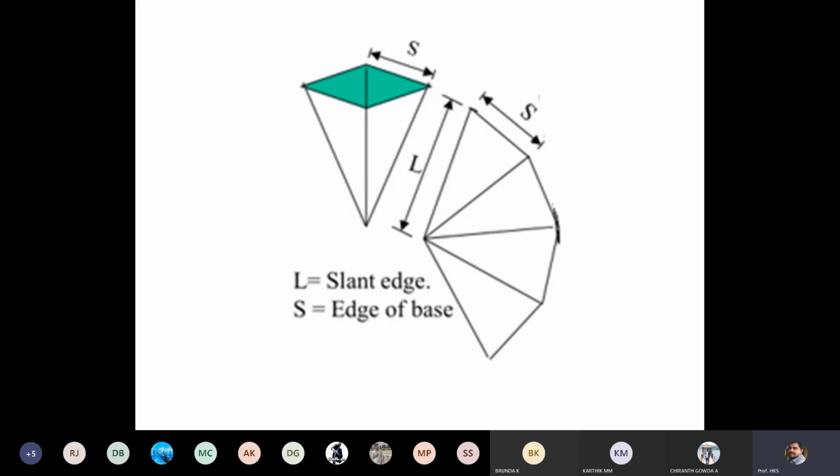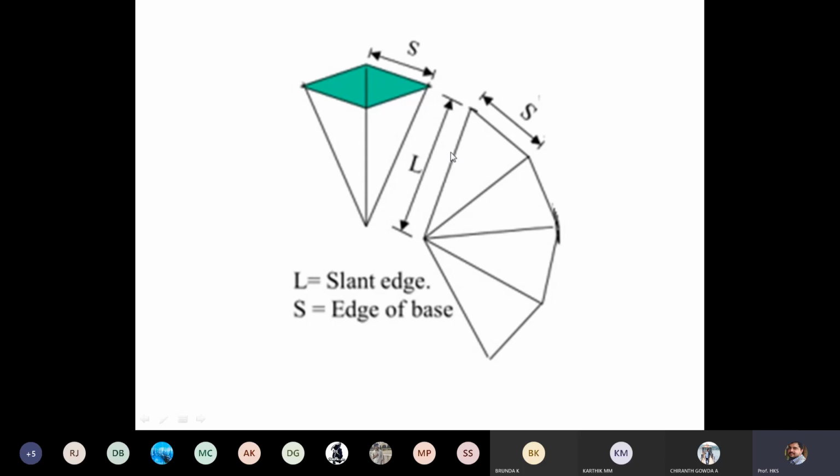If the slant edge is parallel to VP, then only is it possible for you to get the true length of the slant edge in the front view. You can understand that by looking at the solution of a problem. Don't worry much, but what you should remember is that we have to develop by considering the true length of the slant edge.